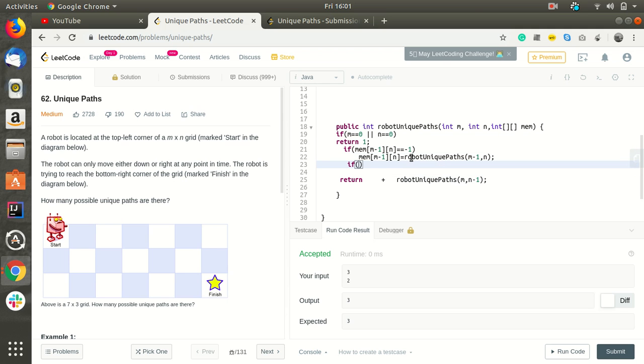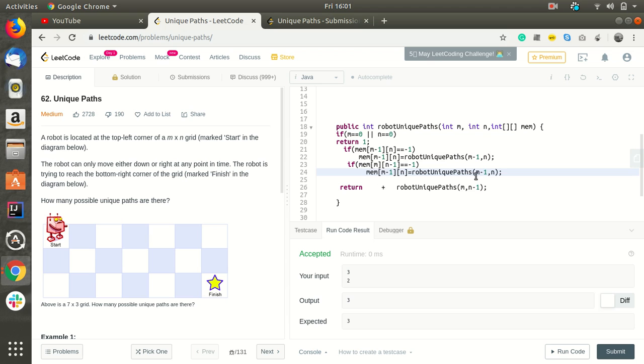If memory of m, n minus 1 equals -1, we'll call this.